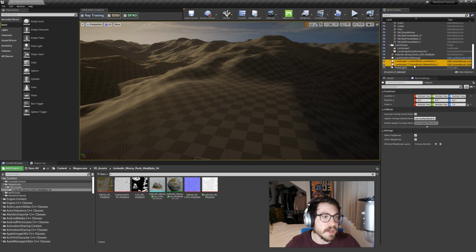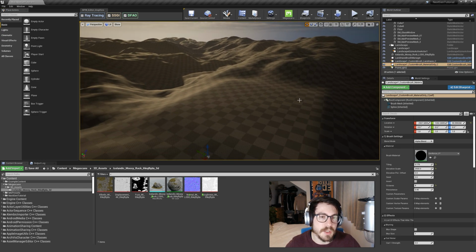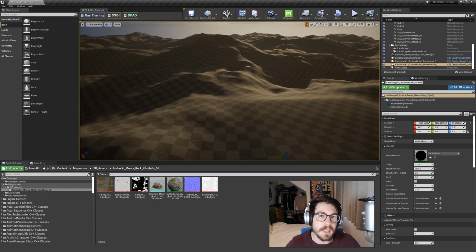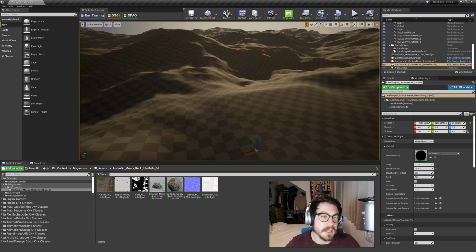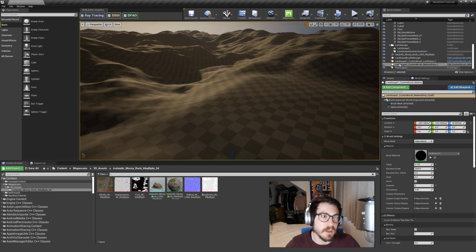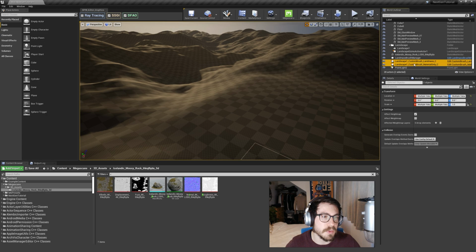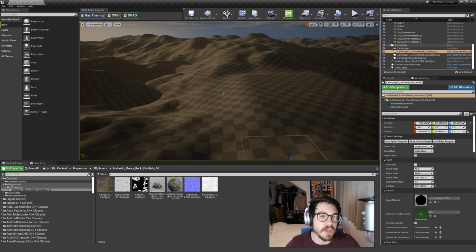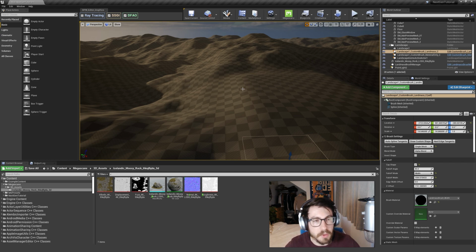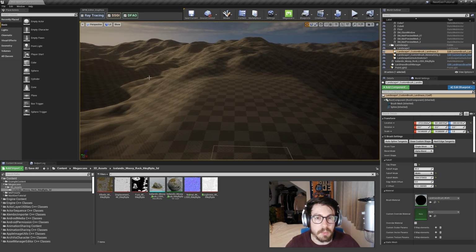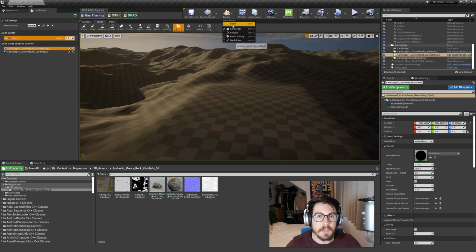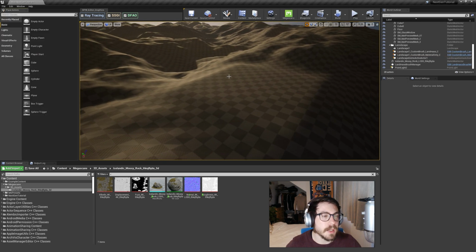One great thing about these landmass tools is as well that if you would have any foliage or something painted on the landscape, it will automatically adjust with you adjusting these brushes. So that's really, really powerful. You don't have to always change all the foliage once you change the environment. Okay, and then once we have